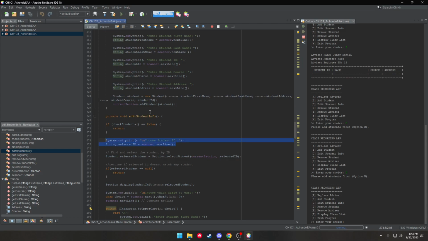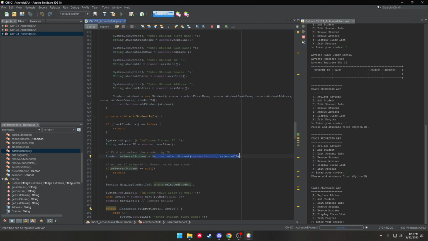Haven't seen them in UNC, but could be possible in other cases, I guess. So we're using string. And then after we use the next line,